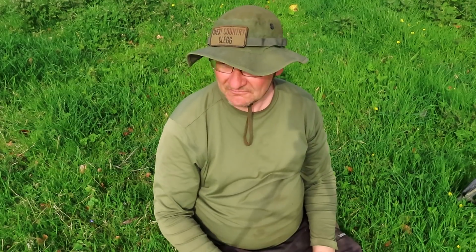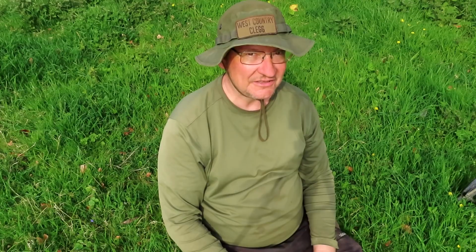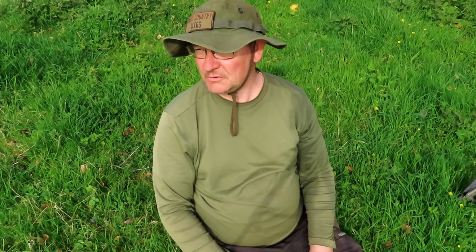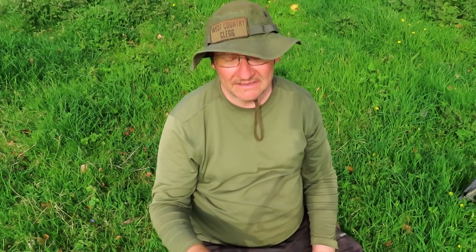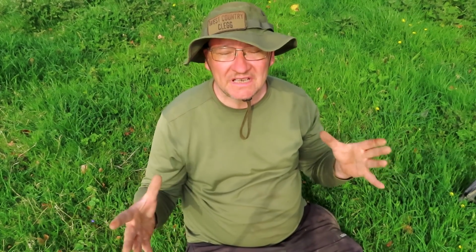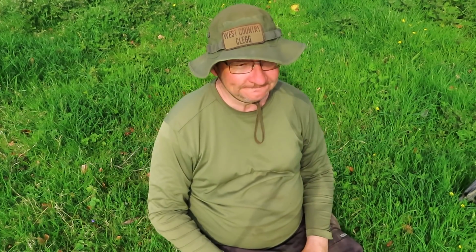So, yeah, this is one of my best spots. When I get the super detector, I'm going to be hitting this place hard with it. Luckily for me, the person that did put sheep on here have moved the sheep off. But unluckily, the grass is going to grow, and I probably won't be able to get on here again. So I'll probably need something like the super detector with its meter square coil in order to get over the long grass and get down to it. So yeah,